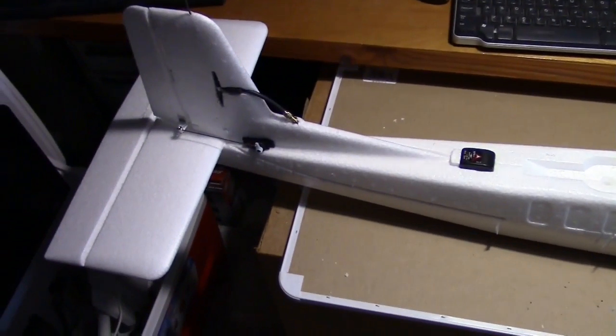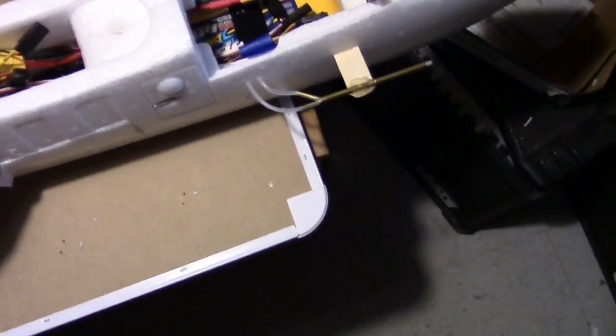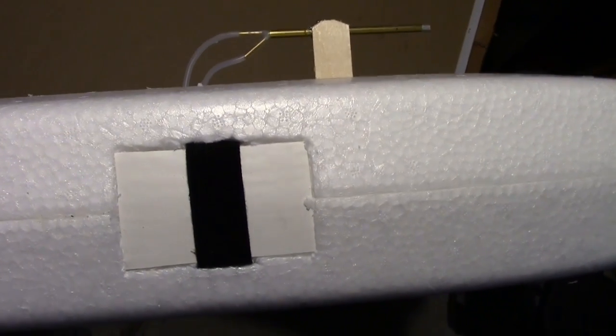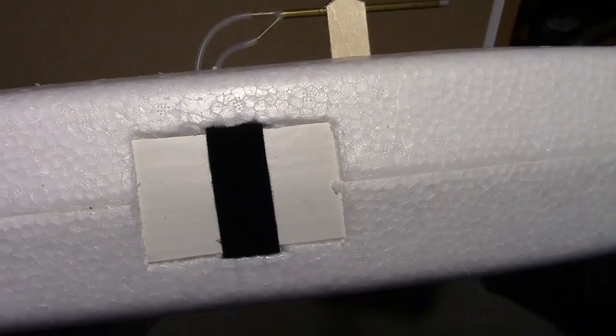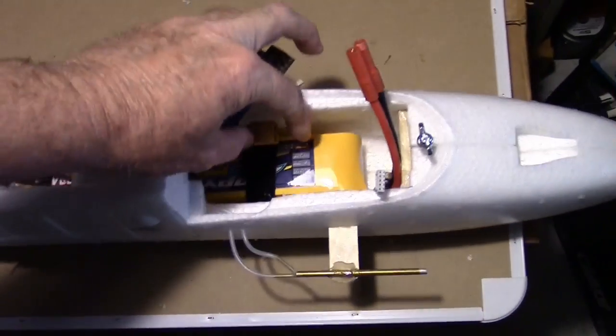So here is the fuselage all glued together. It came out pretty good. And underneath I've also added a little piece of vinyl siding and a Velcro strap right there. I carved just a little well to put the vinyl siding in, and the strap goes around here to hold